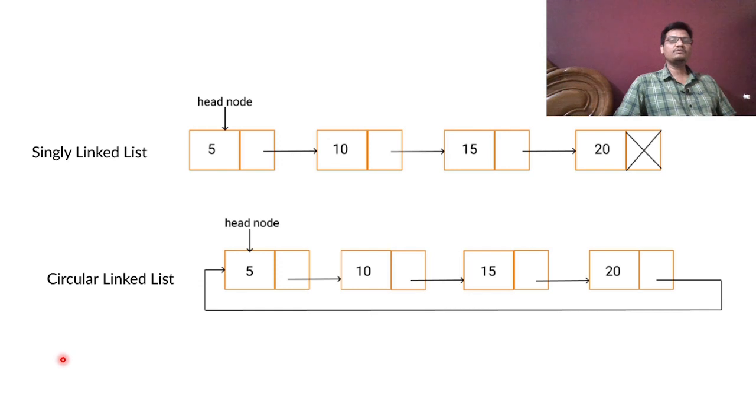There are certain types of operations we can do using a linked list. As you know, we can traverse a linked list. We can display the elements of a linked list. We can insert, we can delete at the beginning, end or in between. We can search a particular item. Those types of operations we can do using the circular linked list also. And how we can do it, let's see.